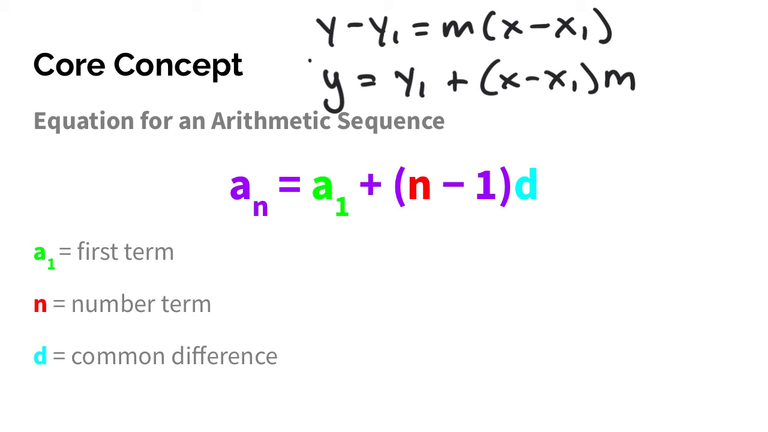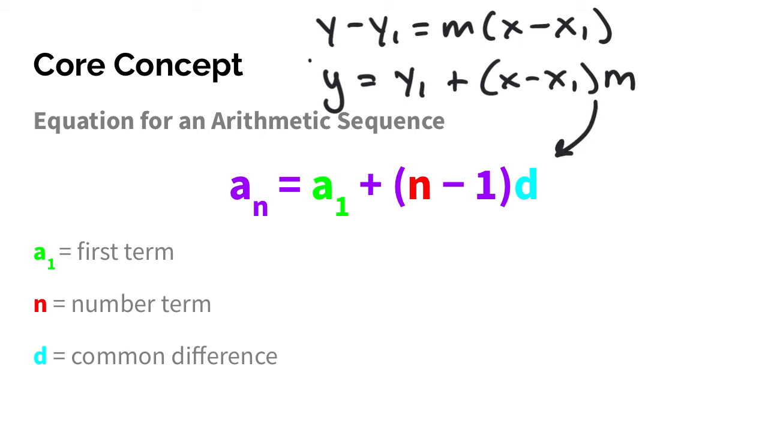So for example, I could ask you guys, what would be the 100th term? Then I would say, okay, what is the 100th term? So what this means is that n would be the number 100. a1 would be my first term, which would be whatever my first term is in my sequence, and d would be that common difference. So what it is, is just applying point-slope form